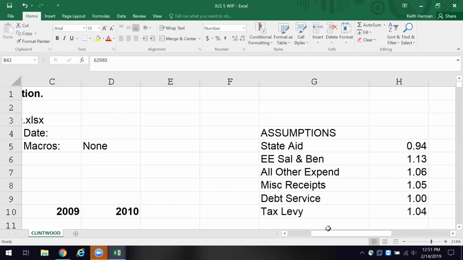Now the tax levy is kind of a mixture of these, because we promised the people in our city we will not raise your taxes any more than 4% a year, because people in the city understand this. But now you look and we have this budget crisis that's looming. So now we have to say, all right, of the revenue, can we do anything about it? Well, let's take our first doomsday scenario and what we do to get voted out of office, and let's change that tax levy from 1.04 to 1.04